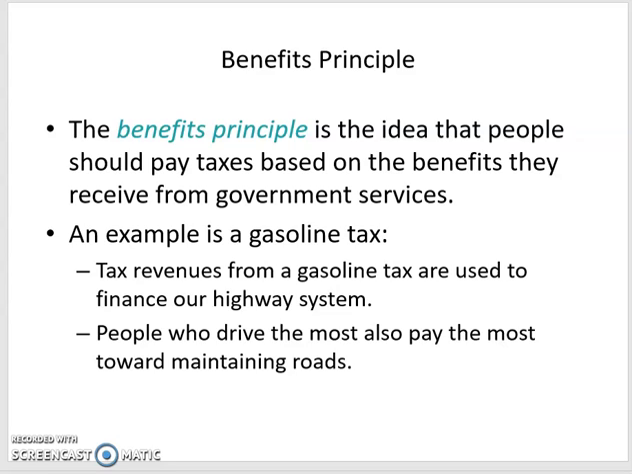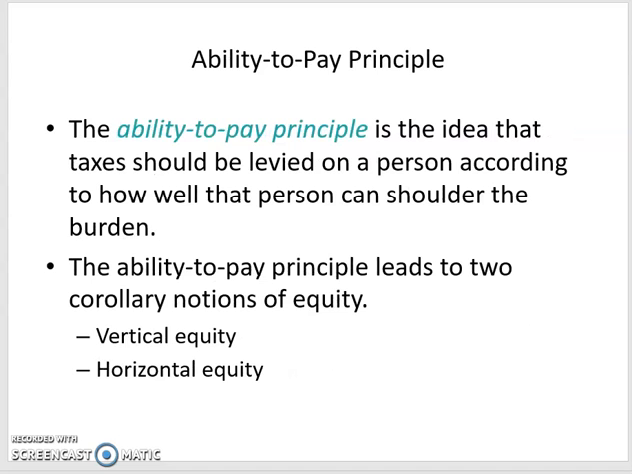An example of that would be gas taxes, right? There's taxes on gasoline. So the people who drive on the roads the most, those gas taxes should be used to pay for the roads to maintain them and stuff. They're going to buy the most gas, so they're going to pay the most taxes. That's the benefits principle. The other principle is called the ability to pay principle, and that says that people who